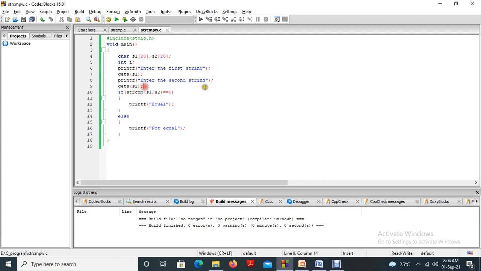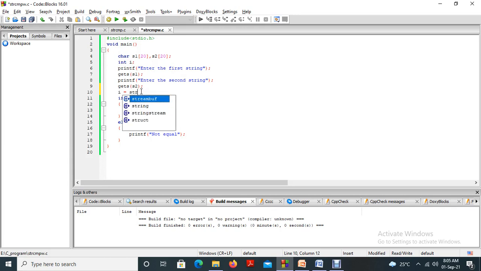I can write it in another way, I equal to strcmp of s1 comma s2. It is another way of writing the program, but it's too elaborate, not necessary to do like this.